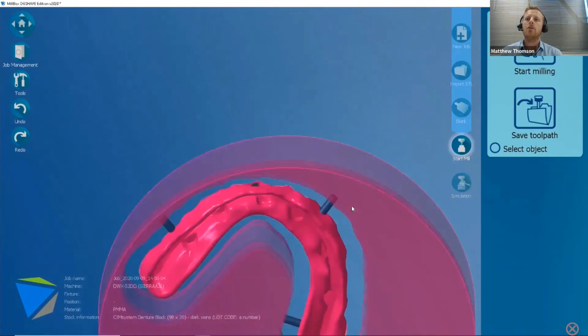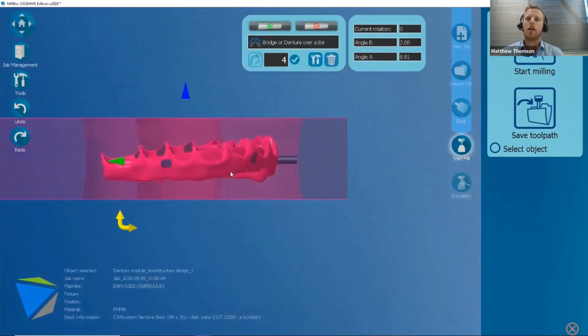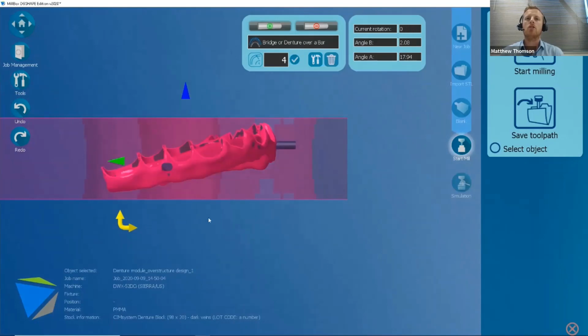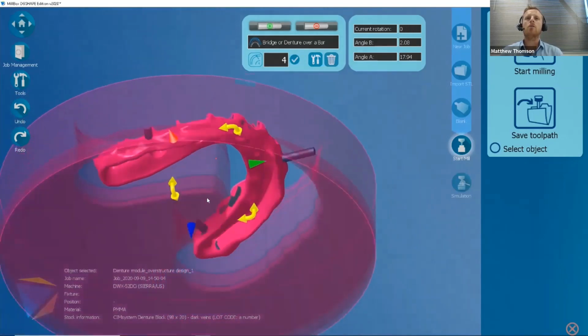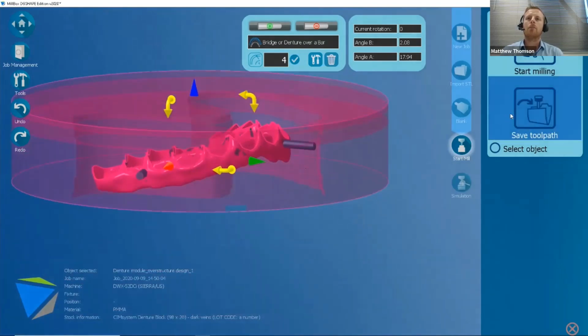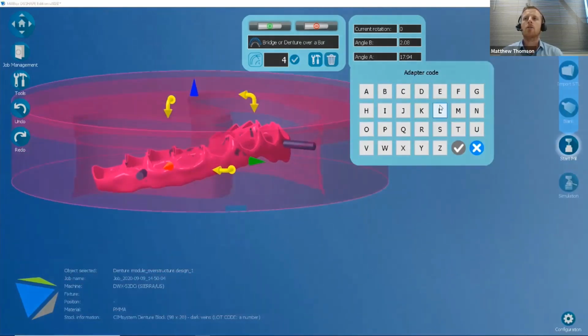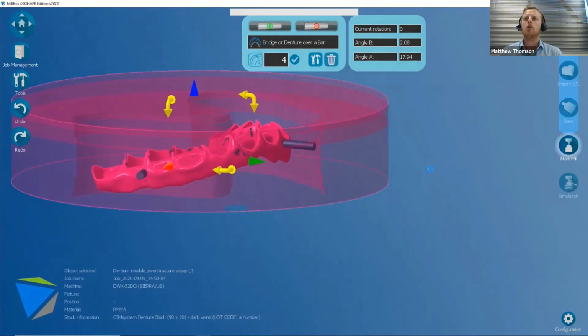And you can see here, there's a few areas which are slightly undercut. Now, it's really critical that we ensure that our milled denture fits onto our bar. So I'm going to rotate the denture backwards so it's at an optimal angle for milling. And you can see here, now those undercuts are gone, and I can start my toolpath calculation,